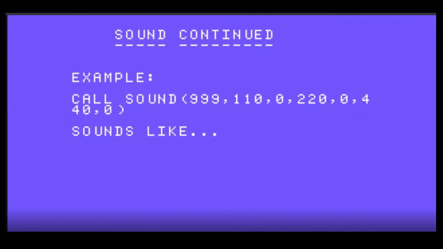And the second sound is 220 for frequency, 0. Okay, this will all last the same time. That's why there's not a time number on the second one. So 220, 0 and 440, 0. It sounds like